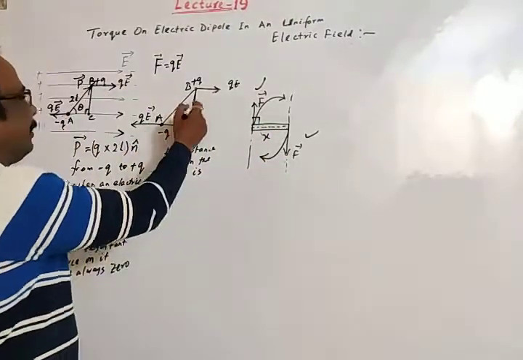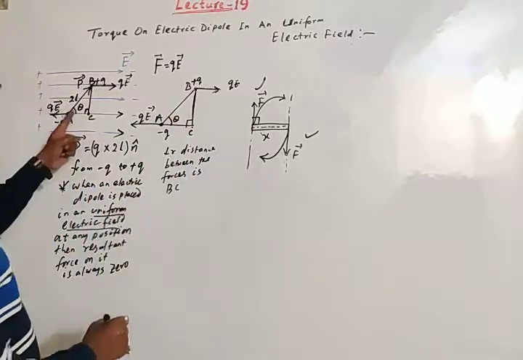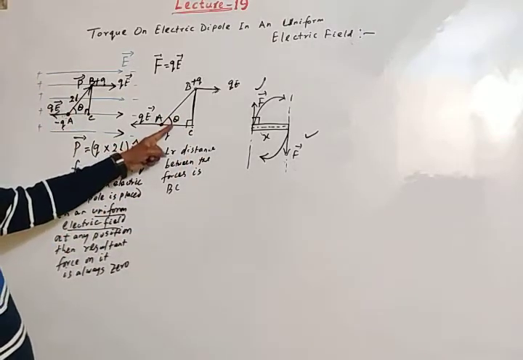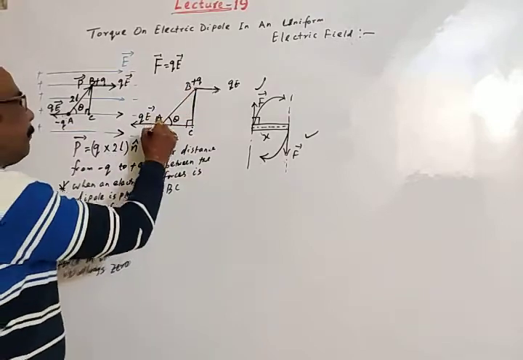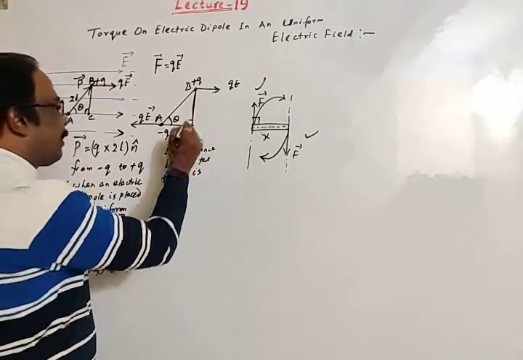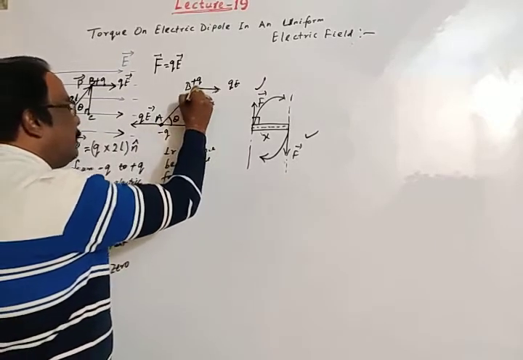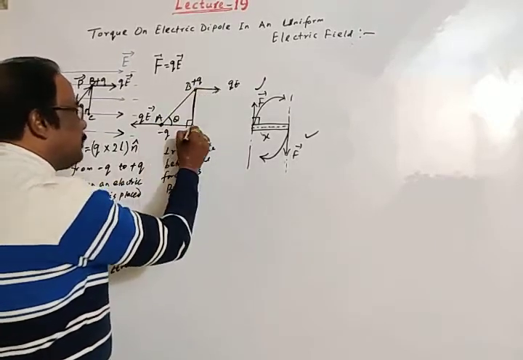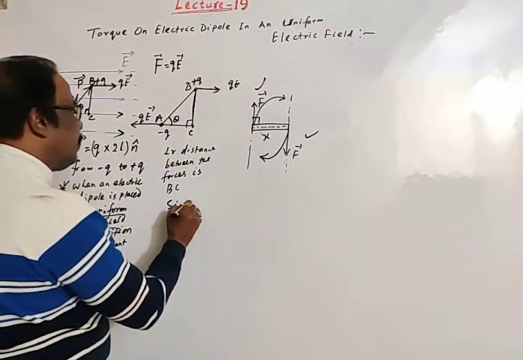Here, this is the perpendicular distance. This angle is theta. Then, to find this perpendicular distance, from the right angle triangle ABC, BC is perpendicular, AB is the hypotenuse and AC is the base. Okay, then sin theta is equal to